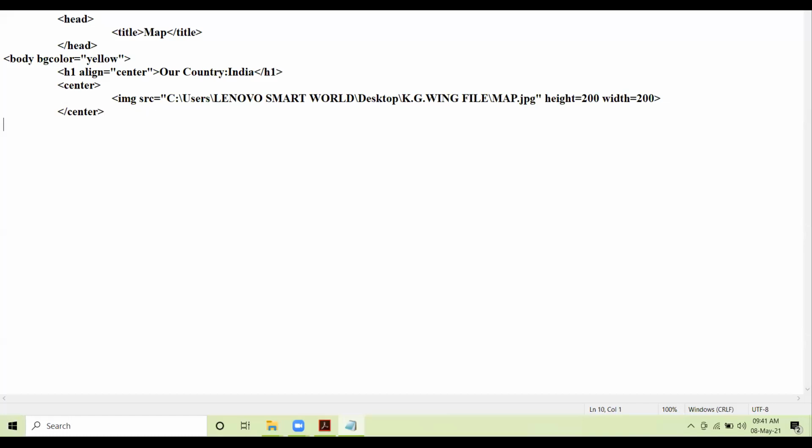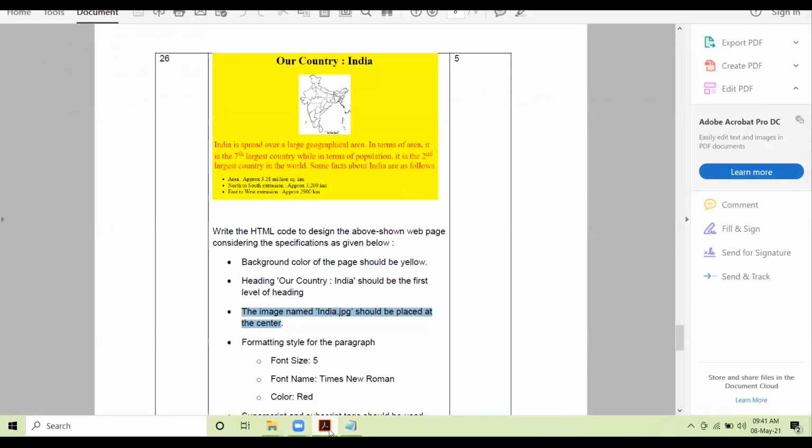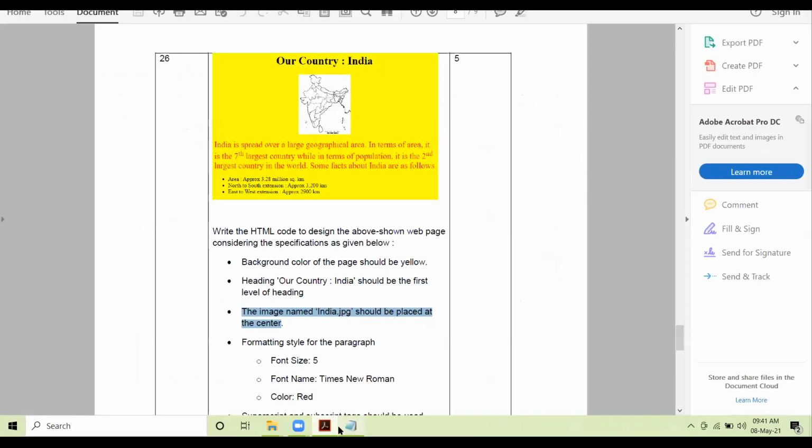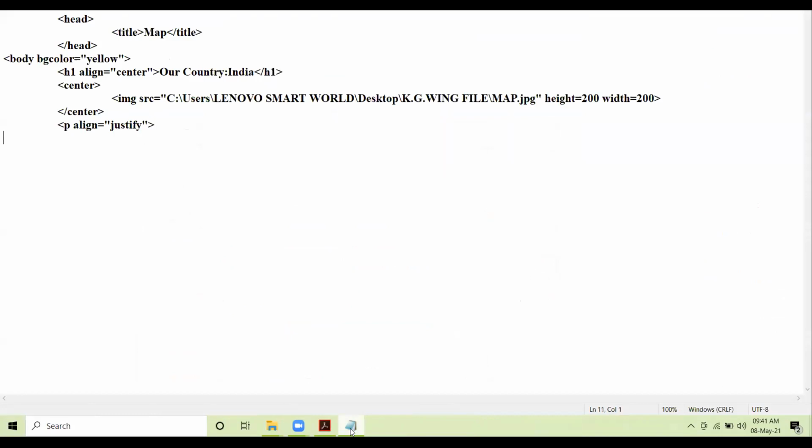All right. So after placing the image in the center, we are to start the paragraph. So let us take the P tag and I am taking the value justify for the alignment attribute of the paragraph. Beta, I have told you so many times, the heading element and the paragraph tag have only one attribute, align. So the paragraph is: India is spread over a large geographical area.